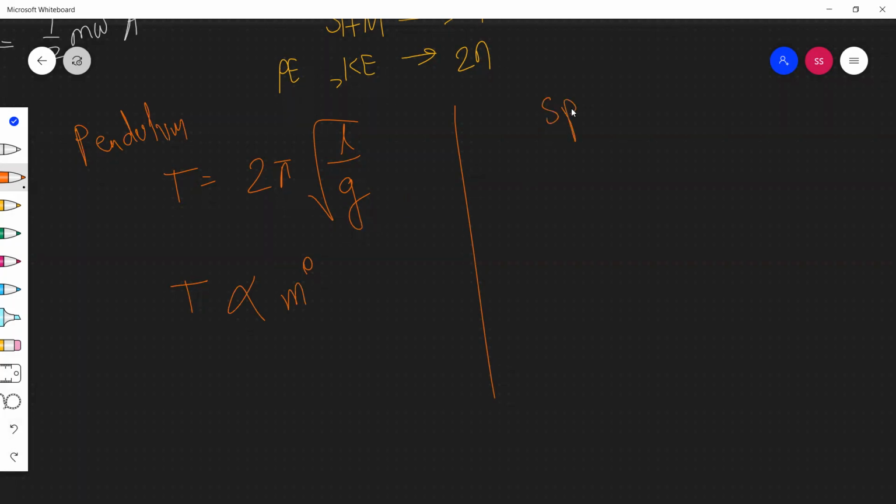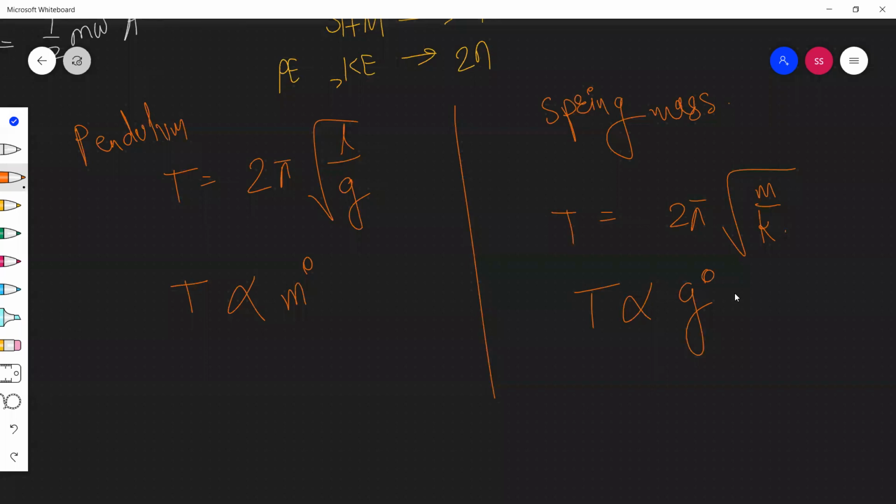And talking about spring mass system, the time period T is equal to 2 pi under root of m by k, and you see that time period is independent of g. मतलब आप अगर उसको कहीं भी ले गए, मून पे भी ले गए, तो भी टाइम पीरियड इज नॉट गोइंग टू चेंज. Moreover, in case of pendulum, this g is actually g effective. For example, if it is placed in a lift which is going upwards, g effective will be g plus a. If it is going downwards, then it will be g minus a, and accordingly.